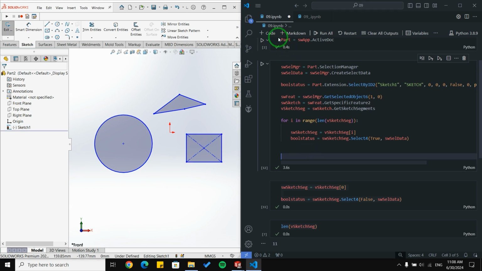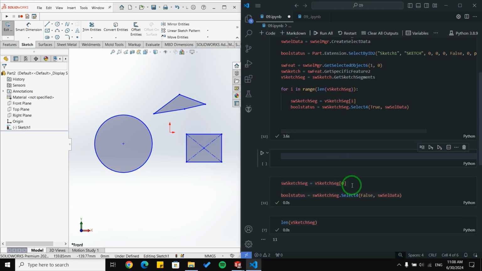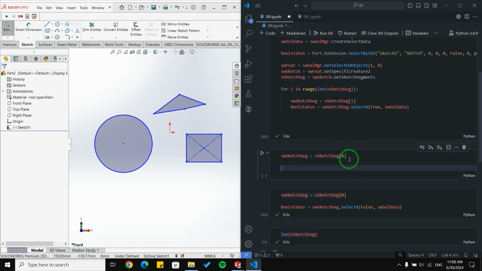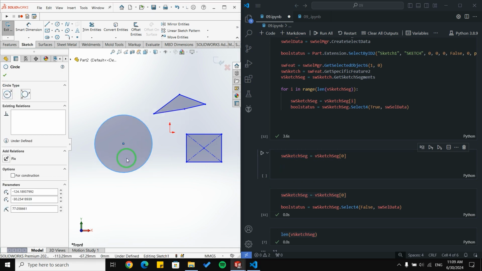Okay, we can do other things with this object, and for example, I'm going to show you one thing. I first use the first argument, and I want to get the name. So we talked about how each of these objects, for example, this circle, has its own name, and we need its name to select it or add dimensions or other stuff. And for that, we had something called GetName.